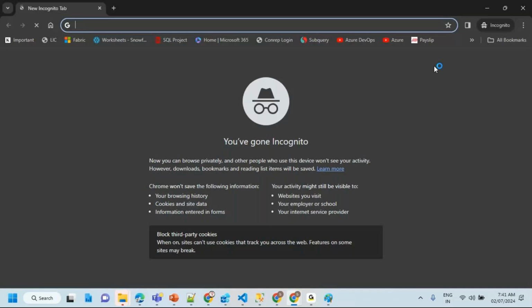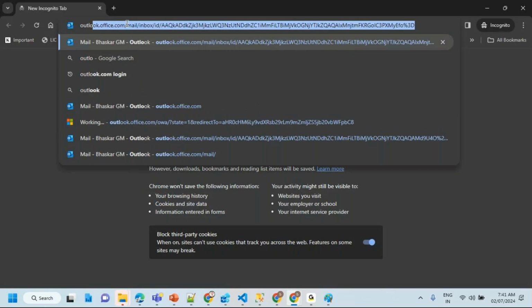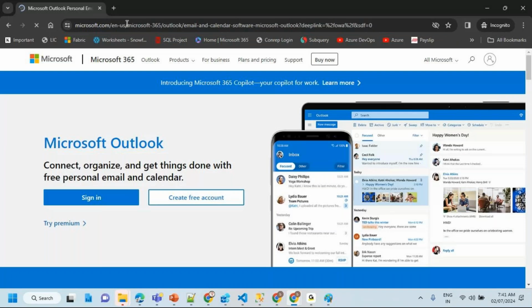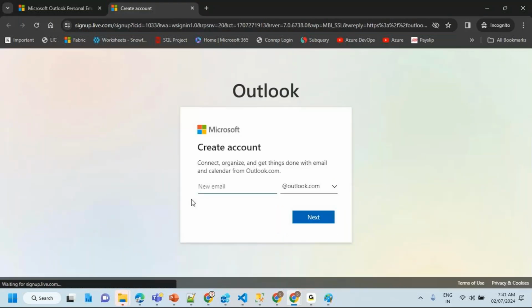let's go to outlook.live.com. In order to create an Outlook account, you just go to outlook.live.com. Once you come here, there is an option, create free account. Here you can see that when you try to create a Microsoft account, we have Hotmail and we have Outlook. Anything you can take it. So I'm taking here